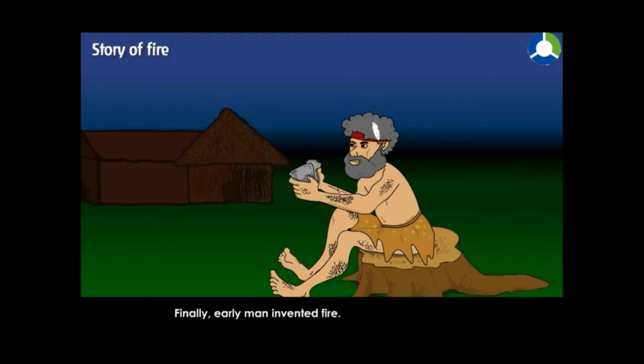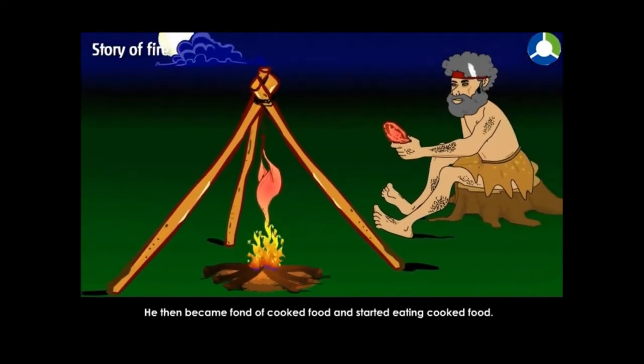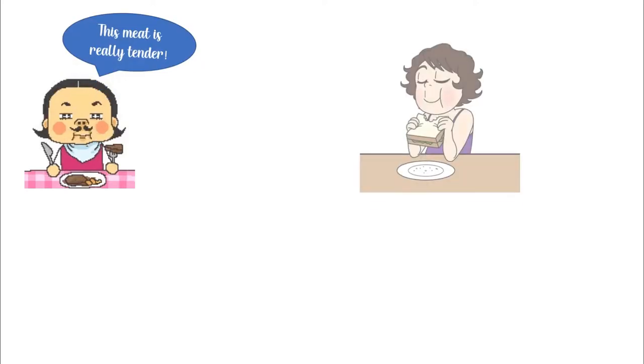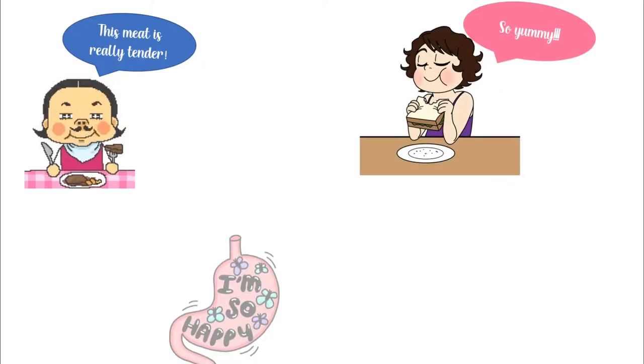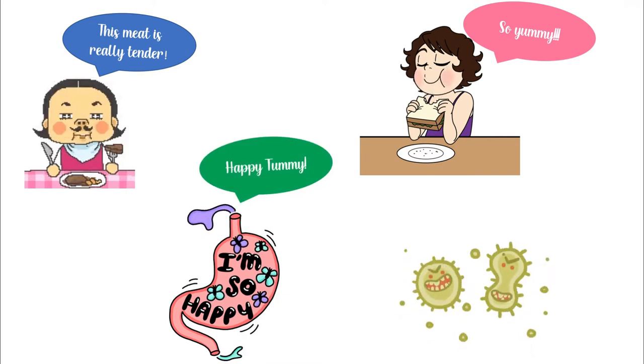Finally, early man invented fire. He then became fond of cooked food and started eating cooked food. The discovery of fire enabled men to cook their food, making it more tender, more delicious, more digestible, and safer because it kills